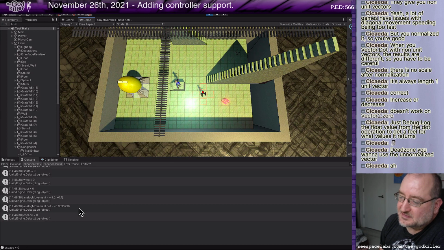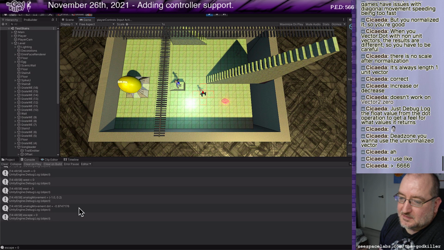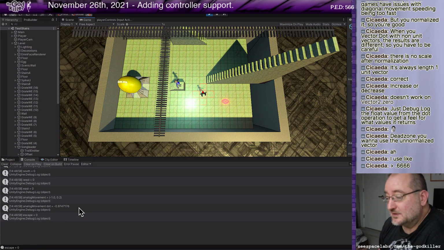So we could say, just kind of looking at this, maybe 0.1. So if I'm just slightly diagonal, no, that's still pretty close. 0.666, okay. Yeah, but there's some threshold like that. We can play with it too.